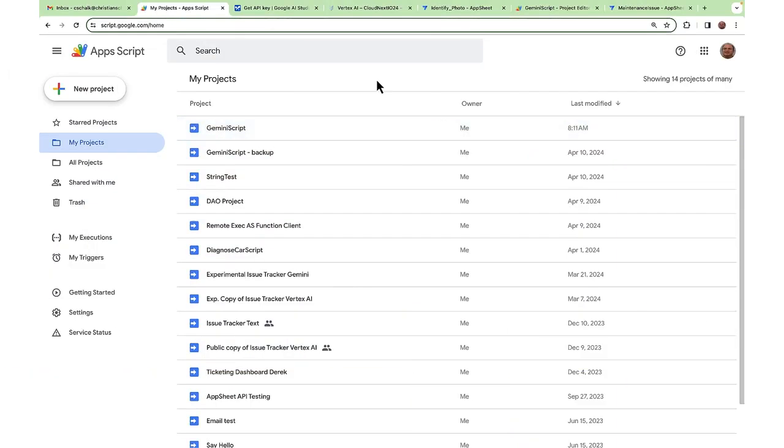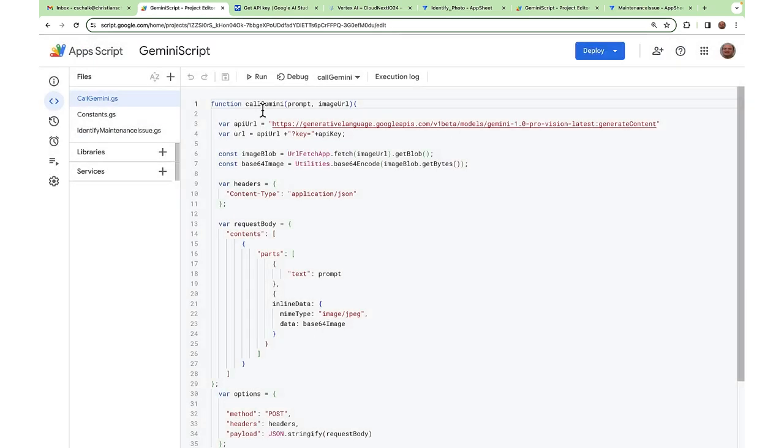Okay, so for our next demo, as we mentioned, we actually need to integrate Workspace, AppSheet, and AppScript. We'll start off with an AppScript project. In this case, I happen to have an AppScript project that will contain the code to actually talk to Gemini directly. So I open the script, and as you can see, I have a function call here, Gemini, where